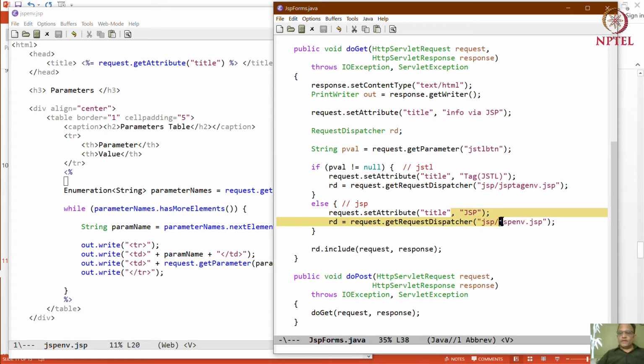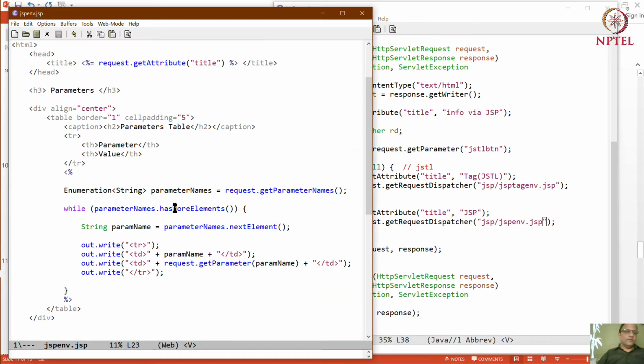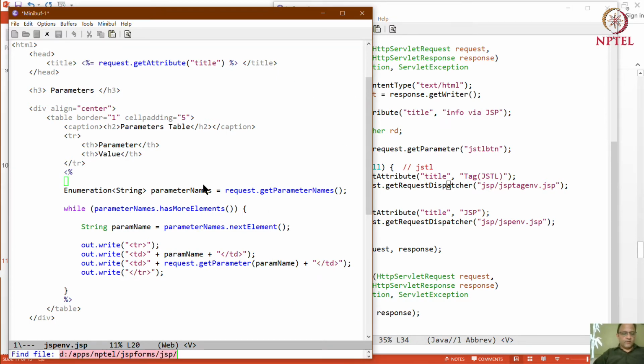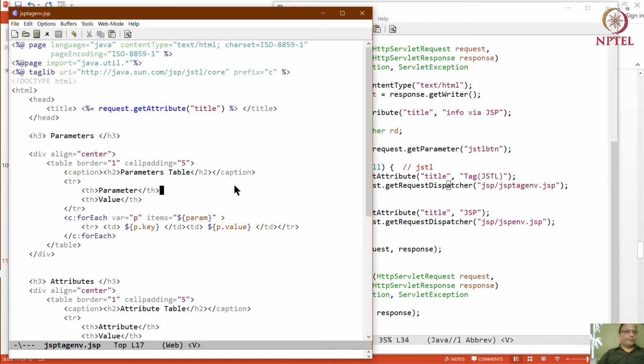And this is why our app has these two paths. So one path takes you down the JSP road, which involves these things called scriptlets, and the other takes you down tag libraries, which is a simplified version of the same thing. So let's see what the tag version of the same file looks like. First thing, you need to include these two things over here. One is you need to say I'm going to use a tag library, this particular one, and that I will refer to the tag library with the prefix C.